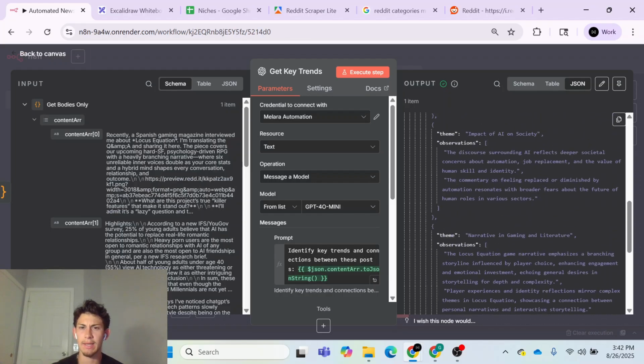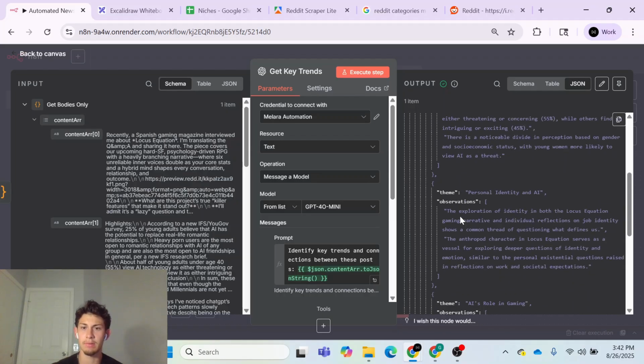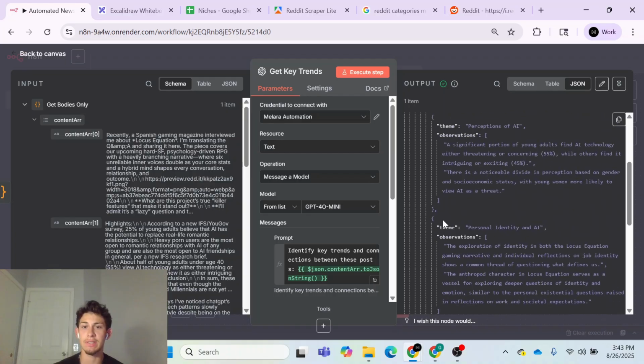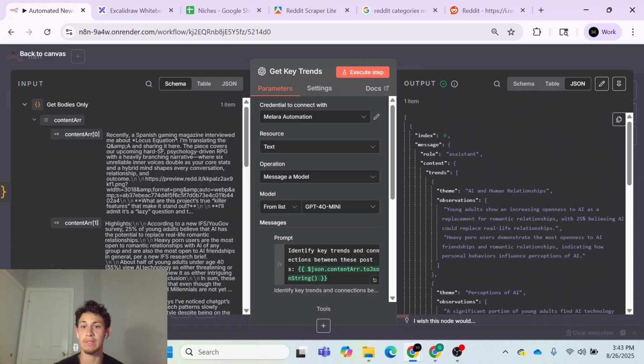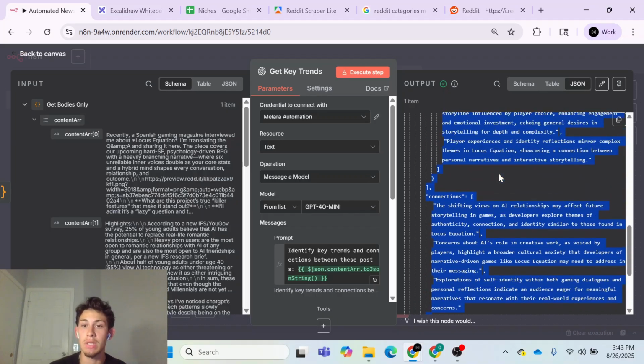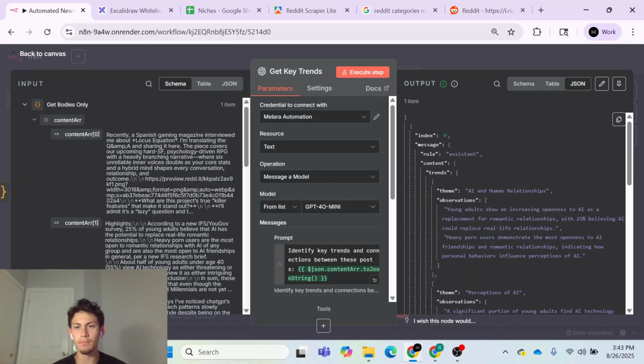So I kind of like this output where we have our trends with the theme and observations, and then at the very end we have our connections. And so what I'm going to do is I'm going to just ask AI to create a JSON schema for this whole thing right here. And the reason I'm going to do that is because we need to give the AI flexibility to create however many themes and observations it wants. So right here we have a few, right? We have maybe like 5. But if there are more posts in here, let's say there's like 10 posts, there may be like 6 or 7. So if we were to give it a JSON example,